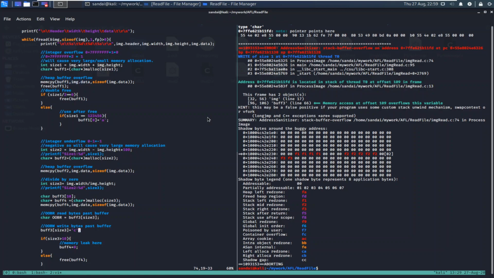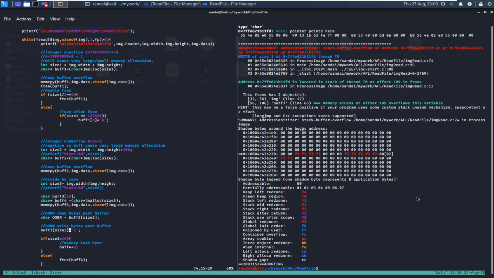Yeah, so since the size is small, it is taken as a stack based buffer overflow, but if size 3 is very large, it will be reported as a heap based buffer overflow. But you can see the memory access at offset 109. So size 3 is actually, I'm assuming, 109. Yes, it is, and so that's why it is causing this crash. Okay, we'll debug it later.